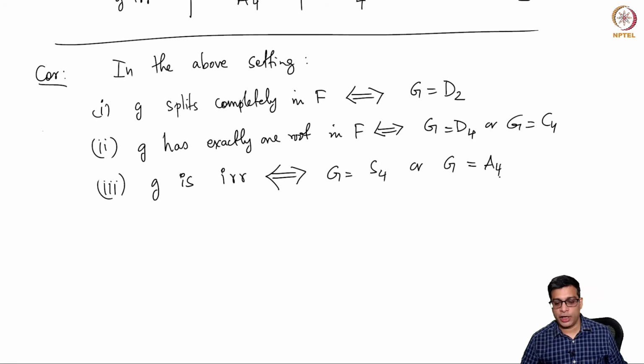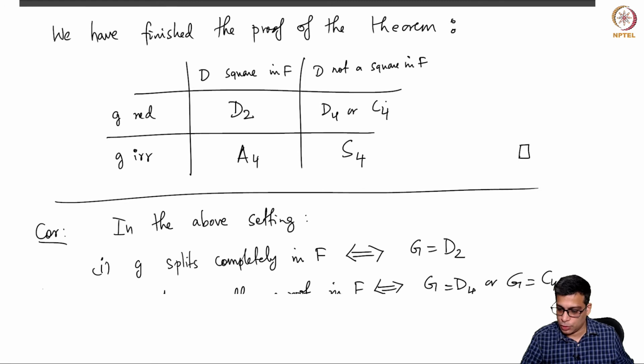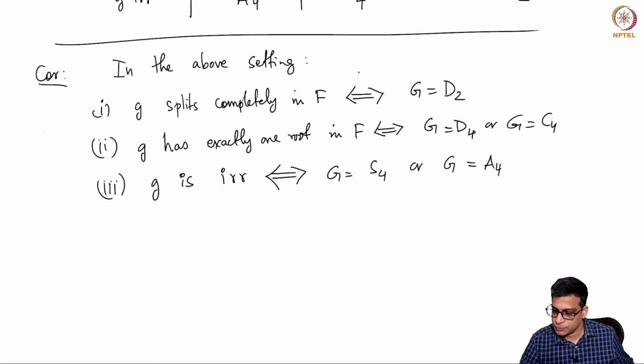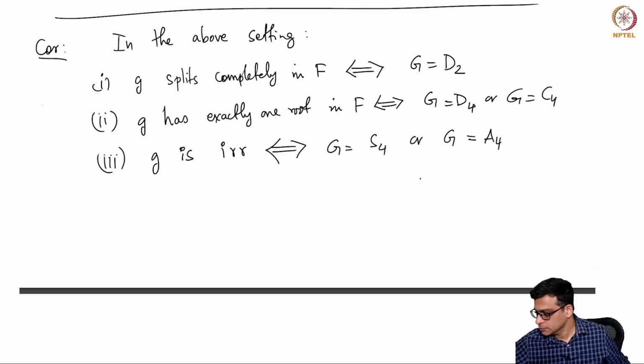Okay. So, by looking only at the behavior of g, you do get a lot of information, and to separate out these cases, in the second one, you can't separate out these cases by discriminant, because they both occur when D is not a square. You can only separate them out by looking at the degree or the order of G. In the third case, you can separate it out by looking at the discriminant. So, I hope this is clear. The proof essentially gives you this.